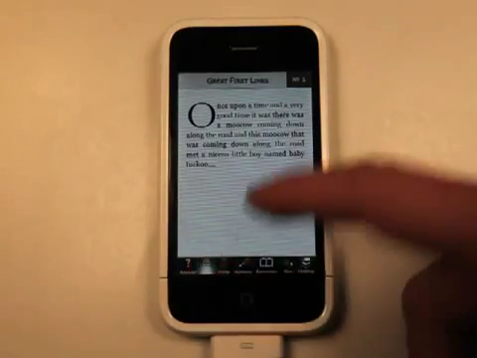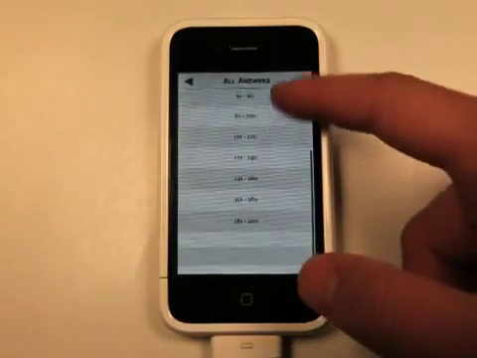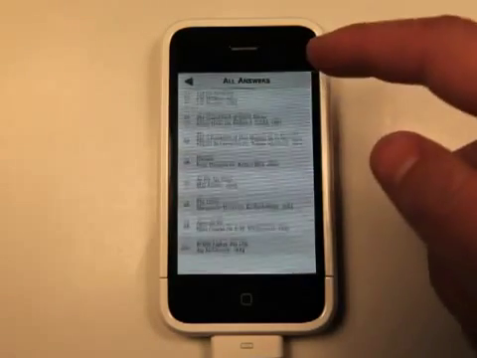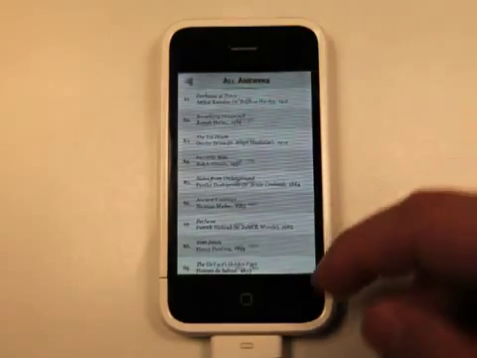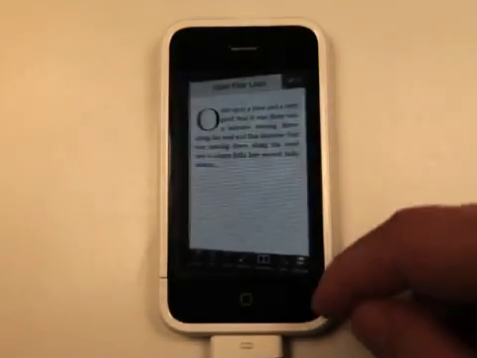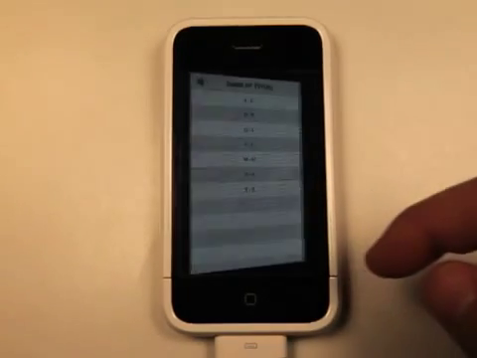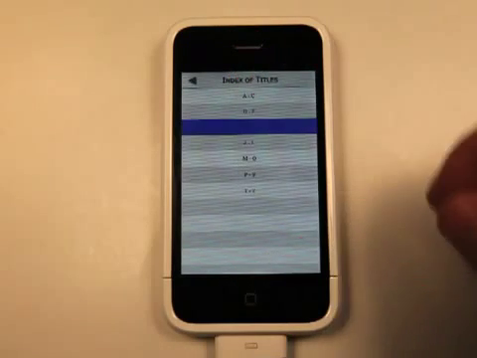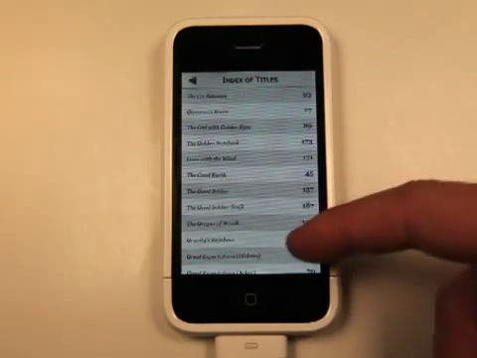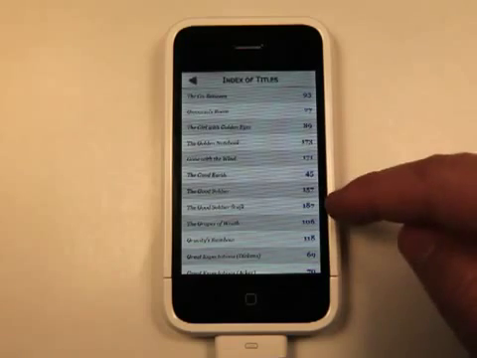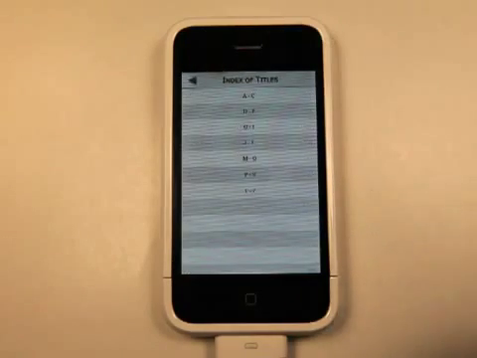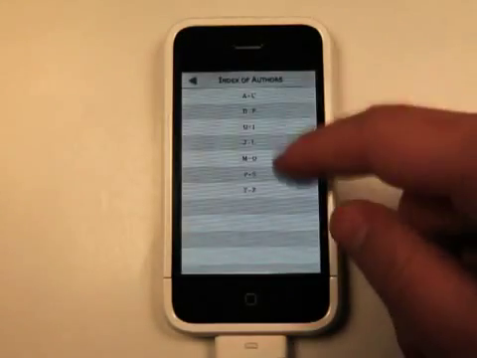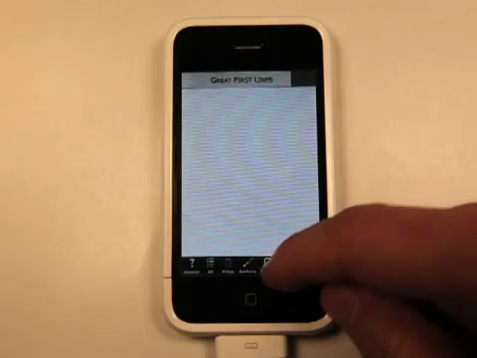So I can also view all of the answers here. See, now I've got answers from 81 to 100. So let's go back and let's look at titles. I can search based on titles. So I could look at G through I and see all of the different titles and get their number in the order of the index. I could search by author's name also, just the same way alphabetically.